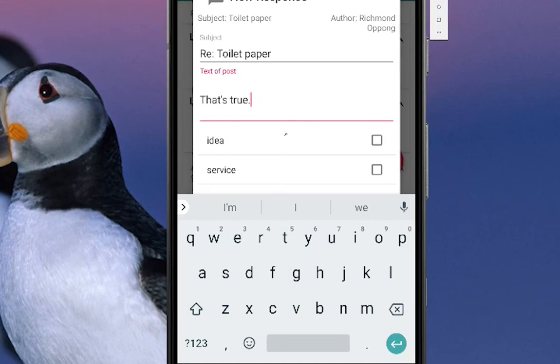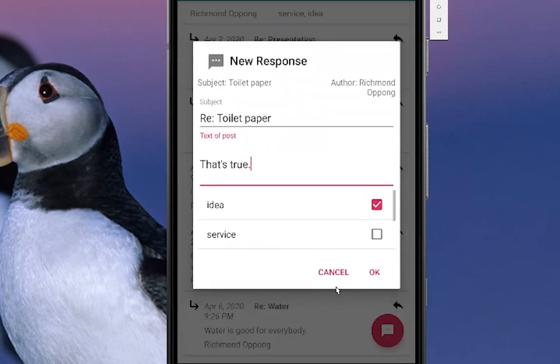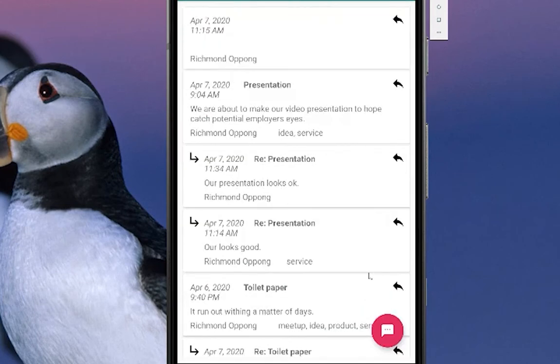And over here, it shows the response, it shows the subject, which is right here. It shows the author as well, which is me, who is currently replying. And these are the keywords that could be changed at any time that you want. You can actually implement it by selecting it. That way, if you go into a search layout, you can actually find this post right here by typing in idea. All right, with that being said, I will go ahead and hit OK. And as you can see, we just replied